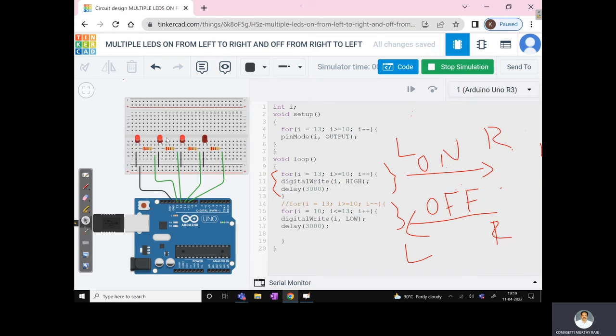The first LED is on, the second LED is on, the third LED is on with a delay of 3000 milliseconds, the fourth LED is on. Off from right to left. First the first LED off, second LED off, third LED off, the fourth LED is also off. By changing these ones, next coming to